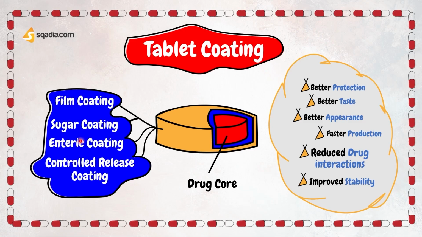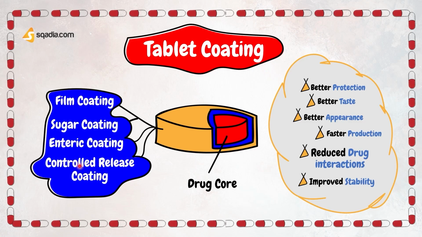Enteric coating is designed to protect the tablet from the acidic environment of the stomach, like if you want to bypass the stomach, and to release the drug in the small intestine, where it can be absorbed more effectively. Enteric coatings are often used for drugs that are sensitive to stomach acid or that can irritate the stomach lining. Controlled release coating is used to modify the release profile of the drug, allowing it to be released slowly